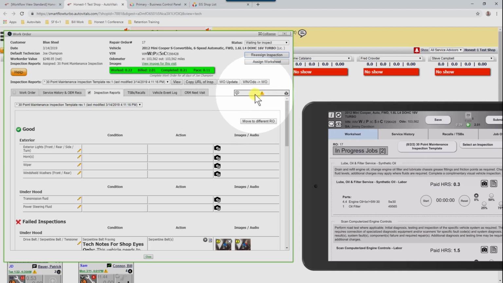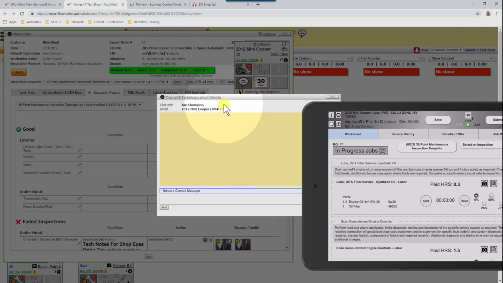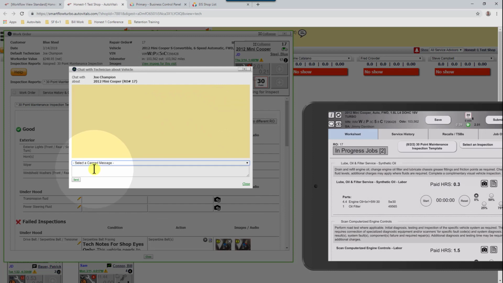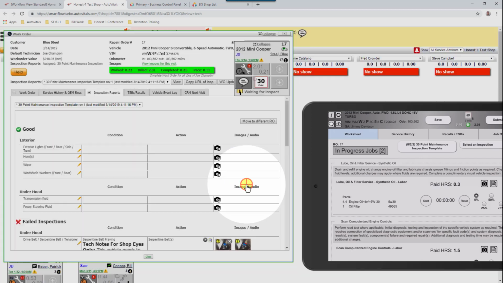And to do that, what you're going to do is click on this bar, click on the chat bubble, and send them a message letting them know what needs to be done. So in this case, we're going to say it needs tread images. So we'll say the technician forgot and then press send. So don't send it back to the technician without giving them some type of expectation as far as what needs